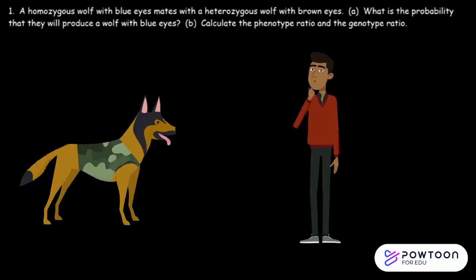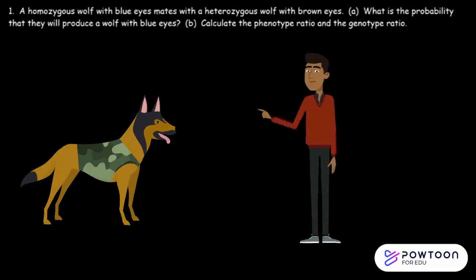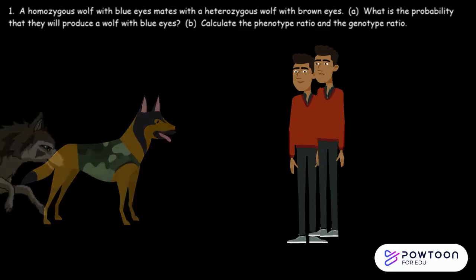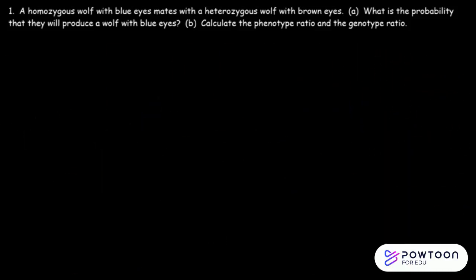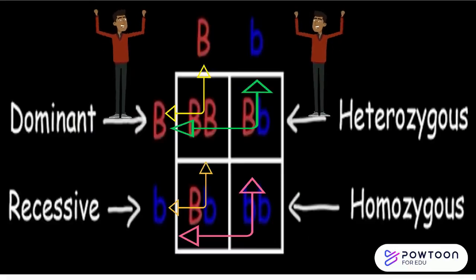For example, a question I had a hard time understanding was: a homozygous wolf with blue eyes mates with a heterozygous wolf with brown eyes. What is the probability that they will produce a wolf with blue eyes? What is the phenotypical and genotypical ratio? Firstly, I would always get confused on how to represent a homozygous and heterozygous trait with letters through the steps the textbook provided. I would never get the answer right until I tweaked the square